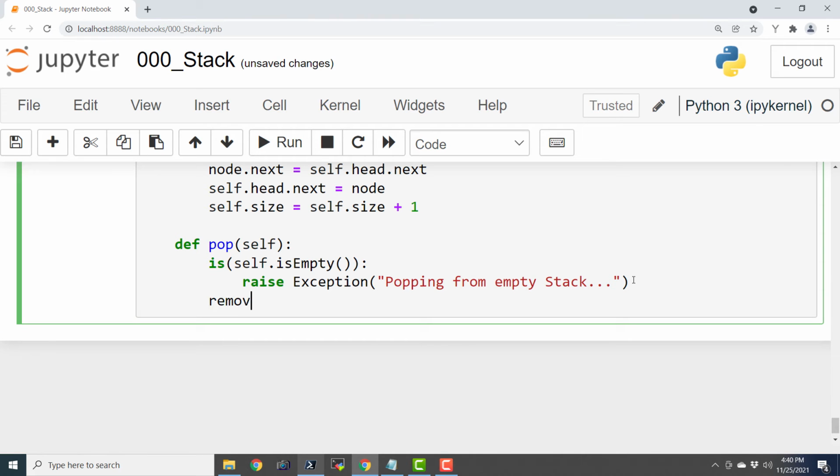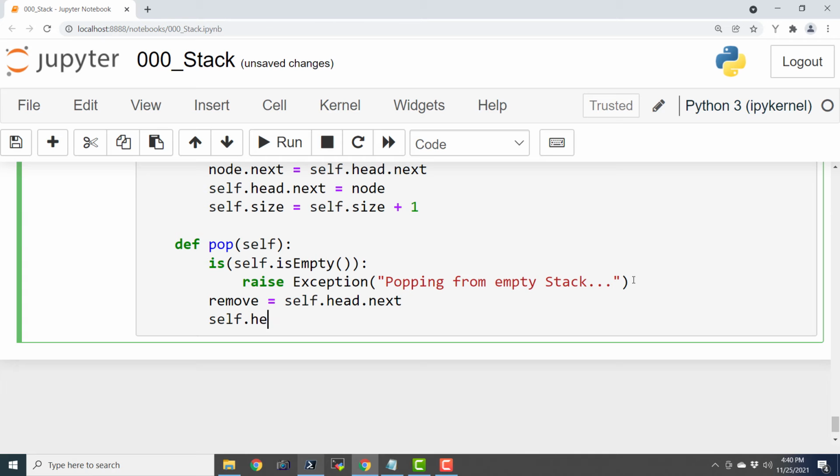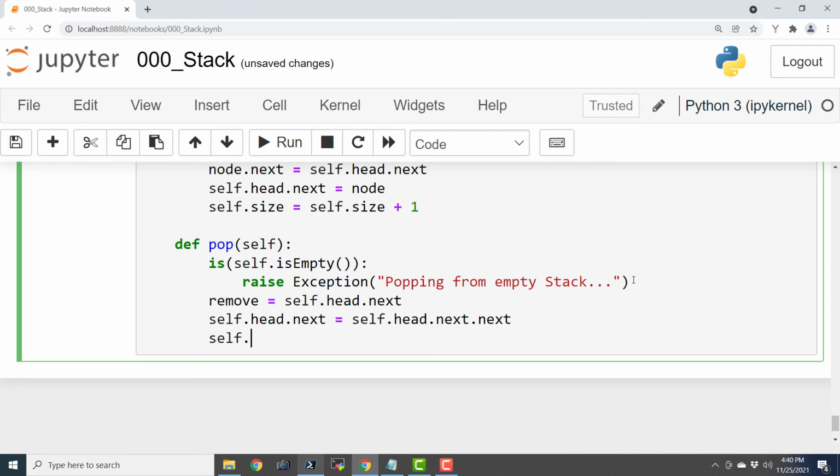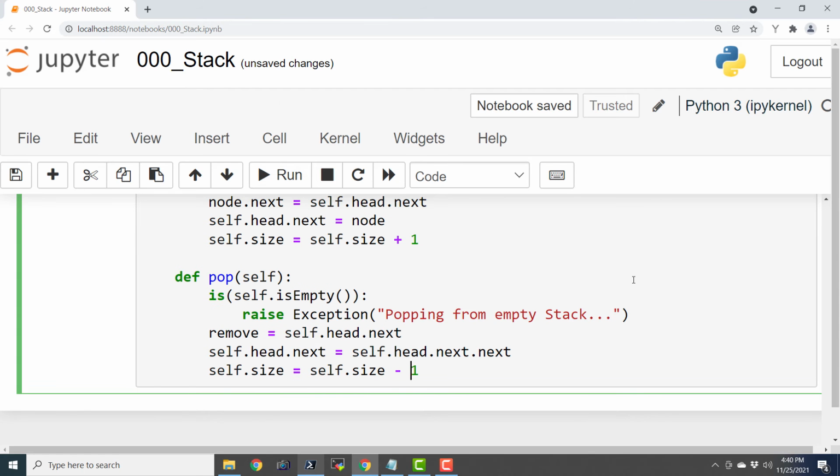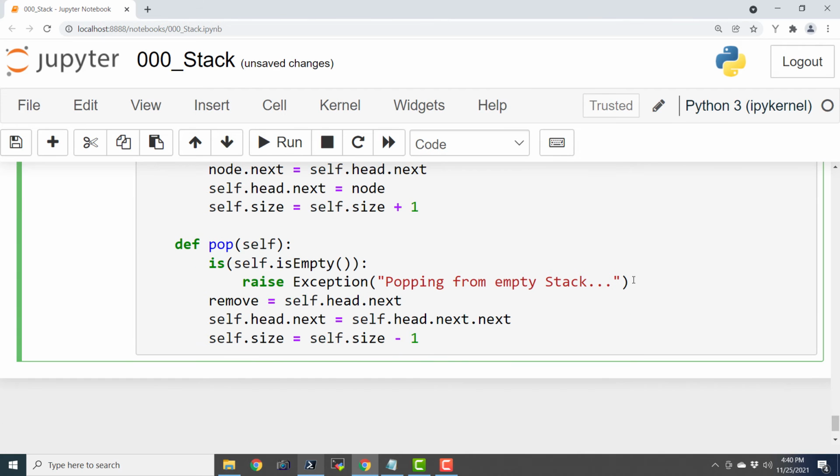And here I'm going to say remove equals self.head.next, self.head.next equals self.head.next.next, and self.size equals self.size minus 1, and this is actually going to remove the element from that particular stack.